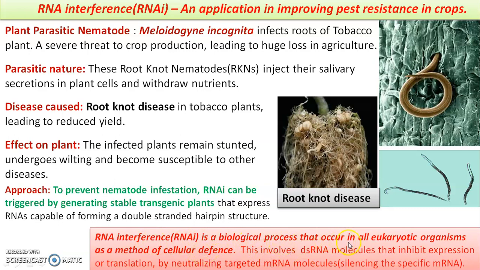This RNA interference is found in all eukaryotic organisms as a method of cellular defense. This is one important point you have to remember. Cellular defense. We are not talking about natural immunity in the body. We are talking about cellular defense. So there is a strategy called RNA interference found in all eukaryotic organisms. When this approach was known, scientists got the idea to induce such RNA interference in organisms to prevent so many